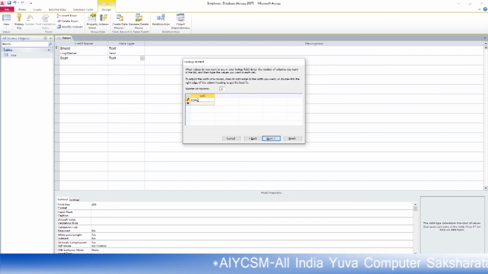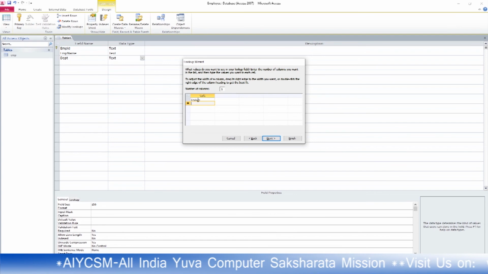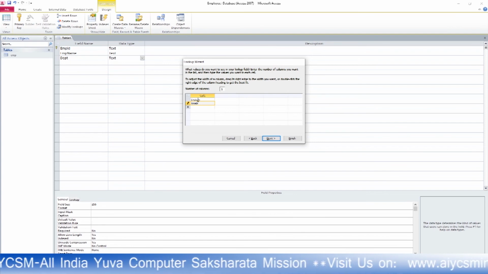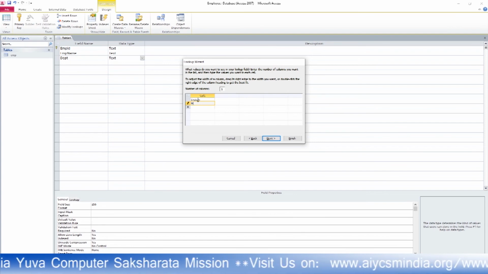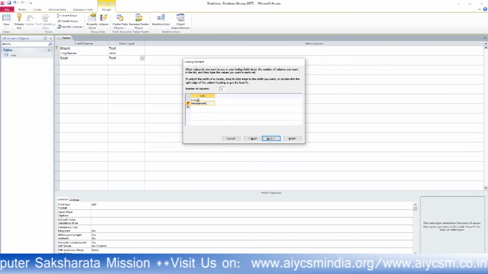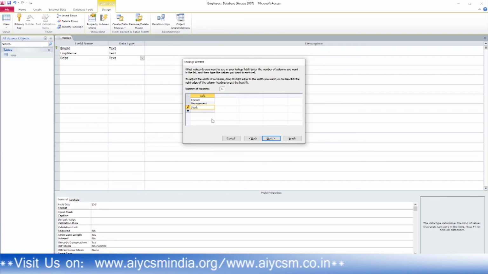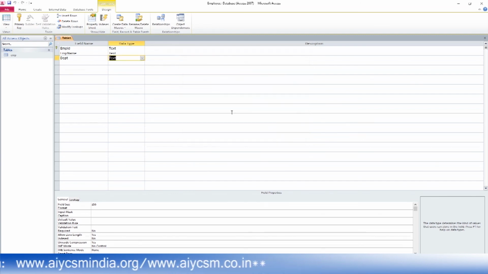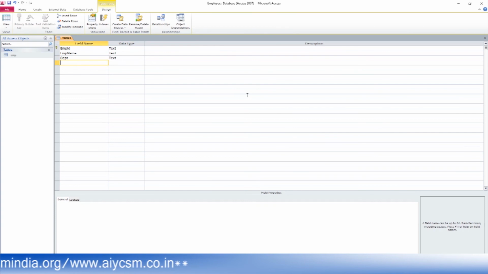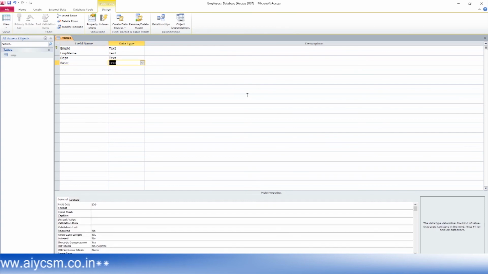System, system management and stock. Okay, I provide two new values in there. Now basic. I am just creating this table to append to the table.